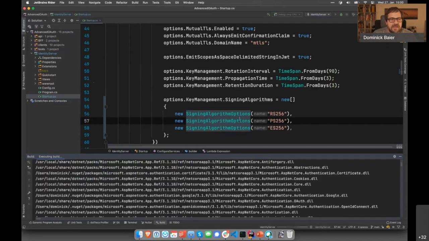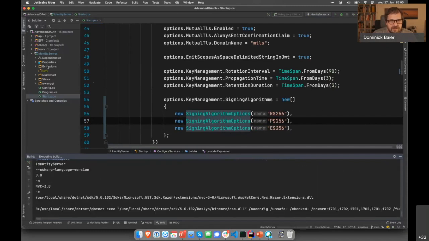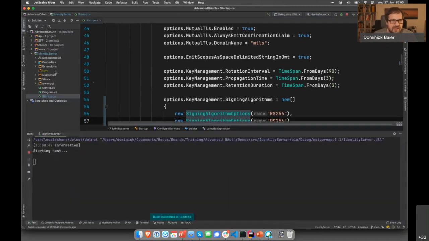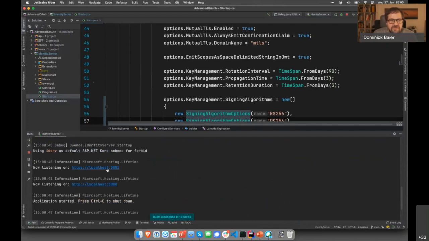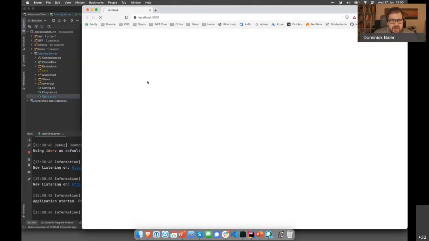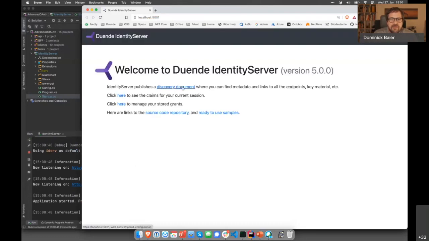You see that here's a keys folder. By default, in development mode, we just store the keys on the file system. The very first time you run the server, you don't have any keys. Then when we hit the discovery endpoint, there's a short delay that is used for synchronizing in a web farm. But then suddenly